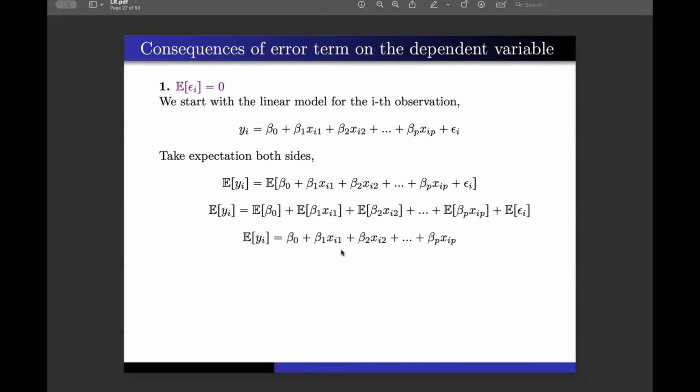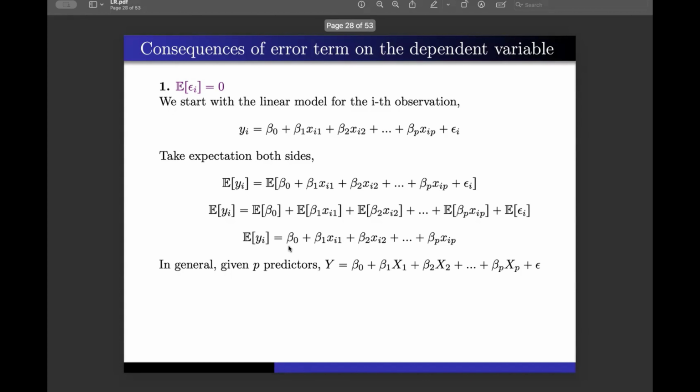The expectation of beta p xip is beta p xip. And we have made an assumption on the error term that the expectation of ei is 0, and thus the expectation of yi is equal to beta naught plus beta 1 xi1 plus beta 2 xi2, so on and so forth, beta p